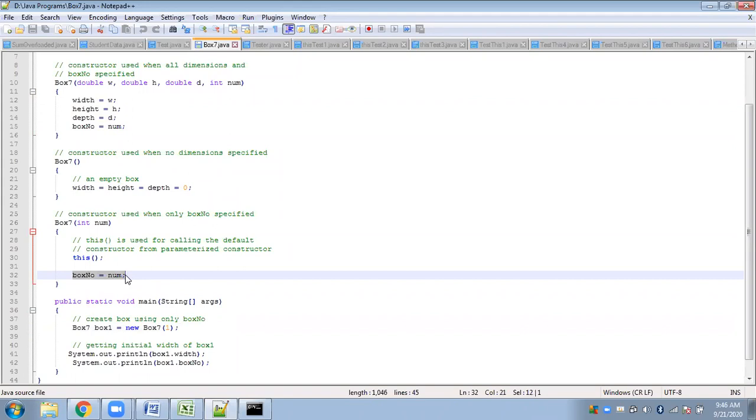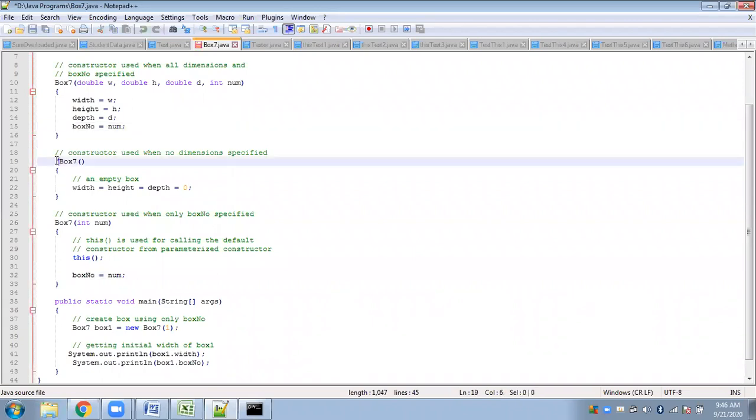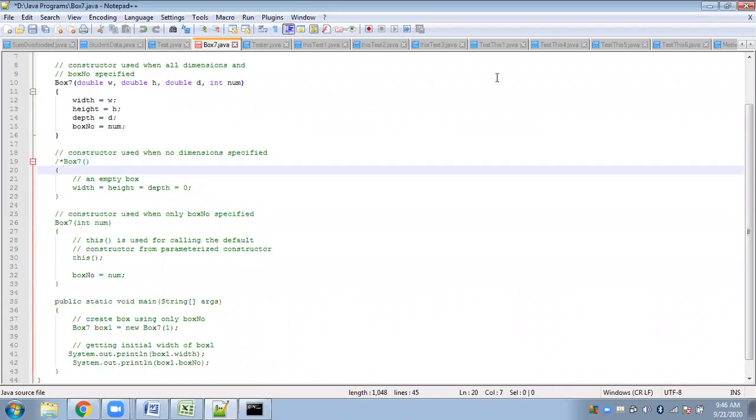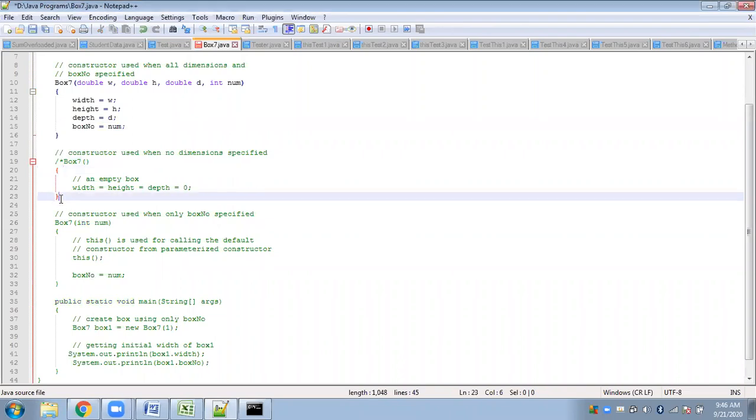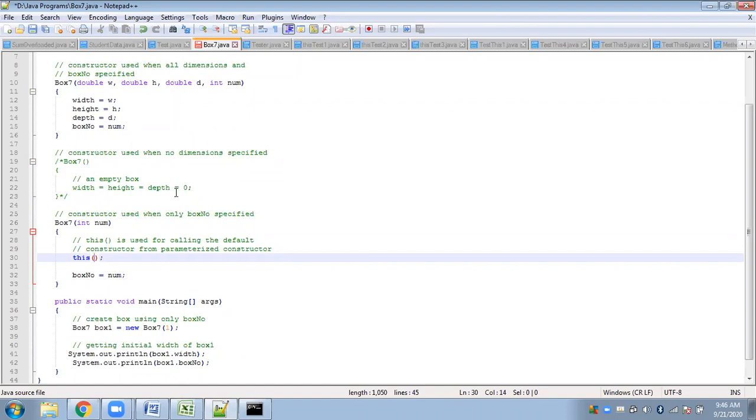You can do it, but because you have the same statements, I'll just show you one thing. I'll just omit this part. I have omitted the default constructor. Now just wait.